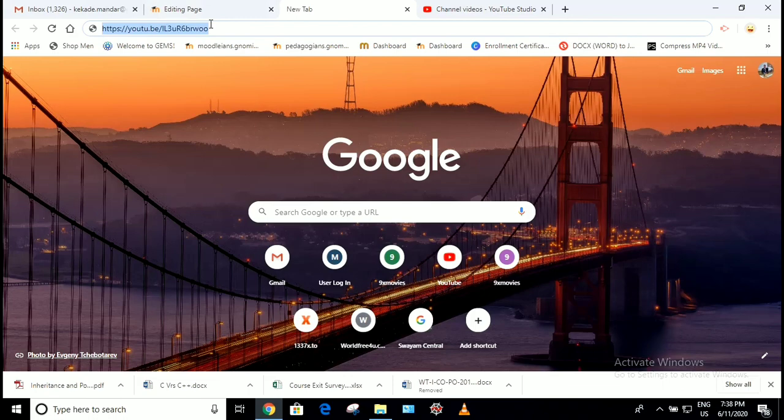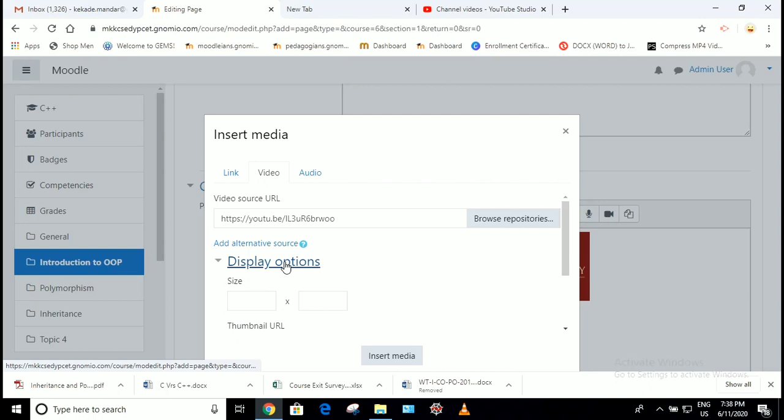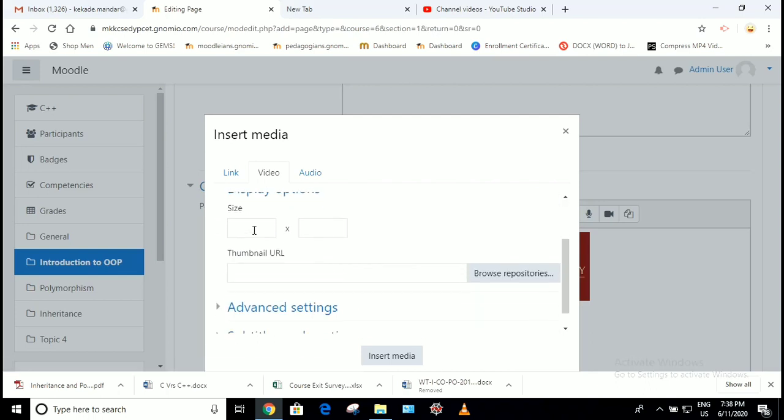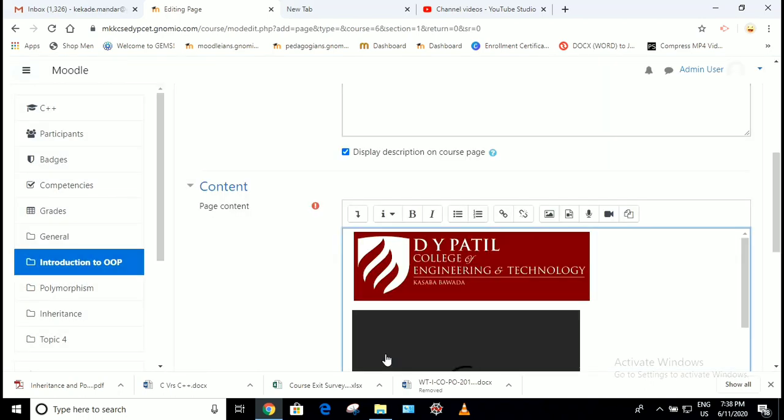For example, I am going to enter the URL, just copy and paste, or you can browse as we have done for the image. Now in the display option, you can set the size of the video window. For example, I am setting here 400 by 300 pixels, and I am going to click on insert media.